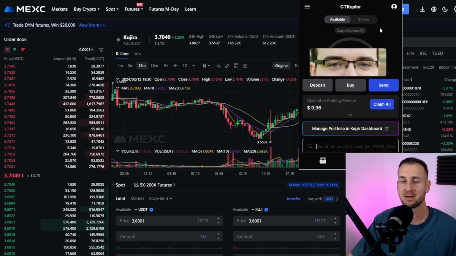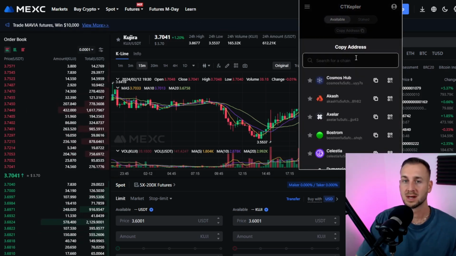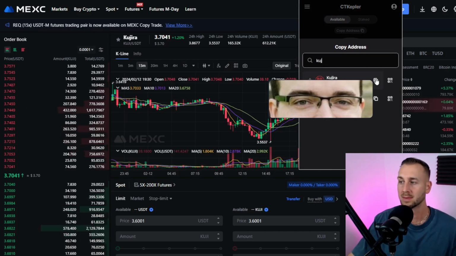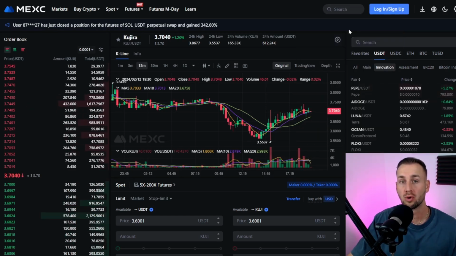So rather easily from our Keplr wallets, we're going to find our Kujira address by copying it from here. I'm going to blur a little bit of this out for some privacy. So click copy wallet, type in the chain. It comes up with my Kuji wallet from here, and I just click copy on that. Then on MEXC, I withdraw my funds from here to that Kujira wallet, and it will send them directly to